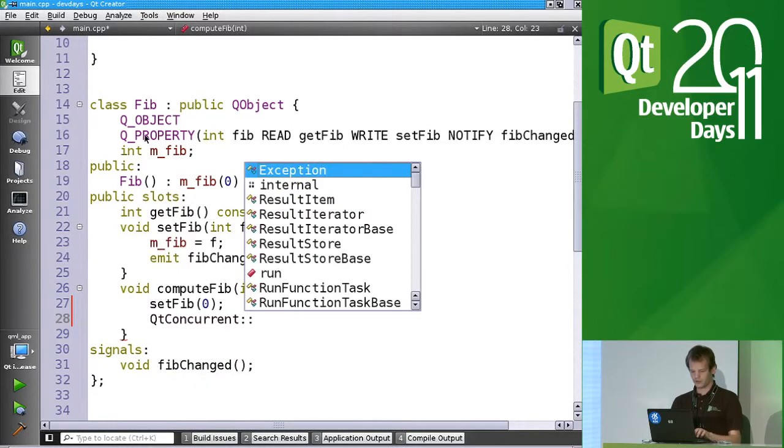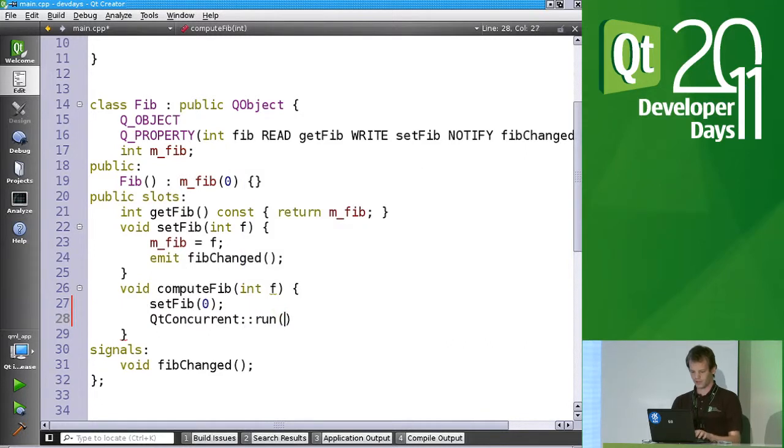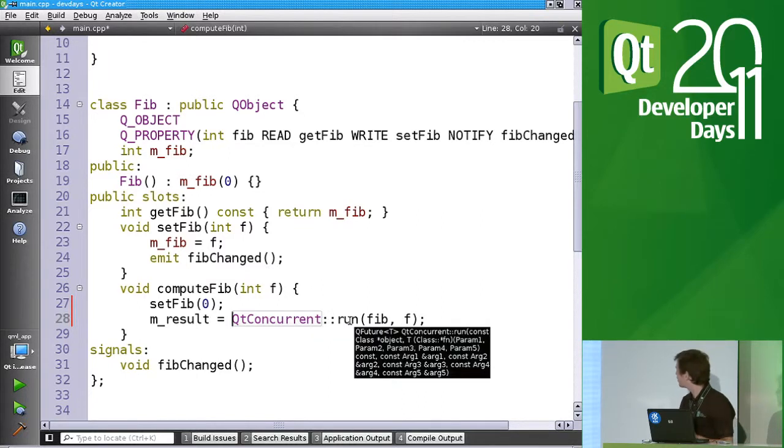And I'm going to use QConcurrent run to run the Fibonacci function. So basically this means I'm going to run the Fibonacci function with the parameter f in a different thread. And I'm also interested in the result. And what is the result of QConcurrent run? It is, well, it's too small, but it's basically